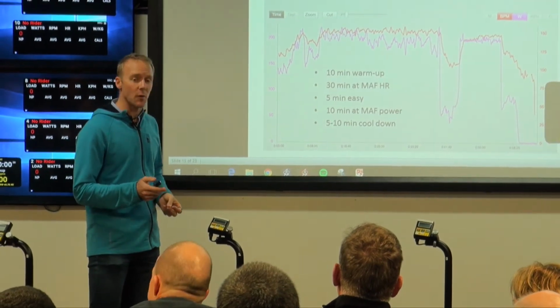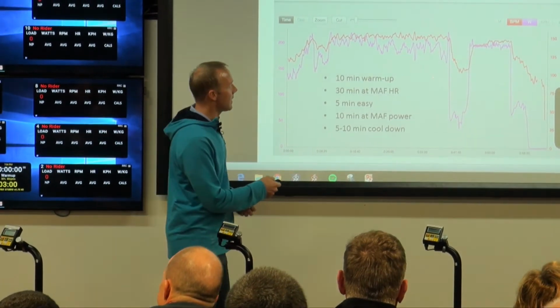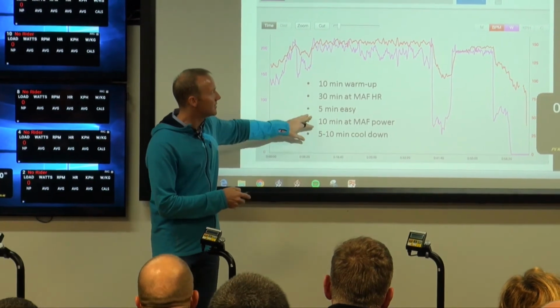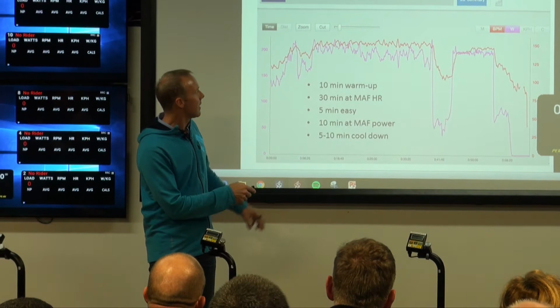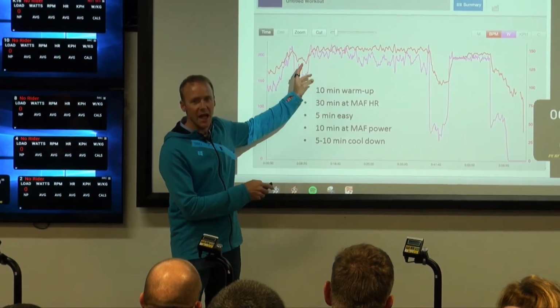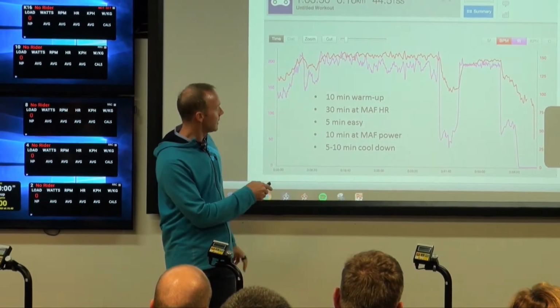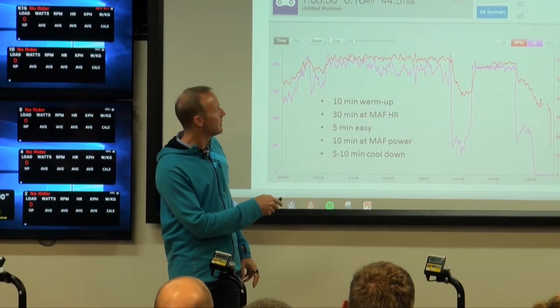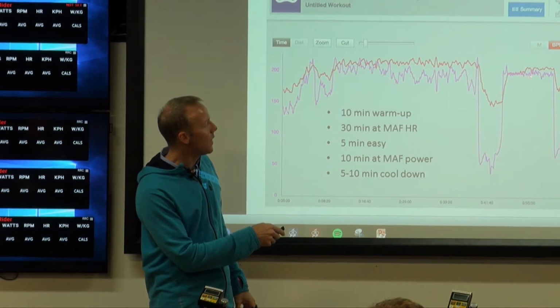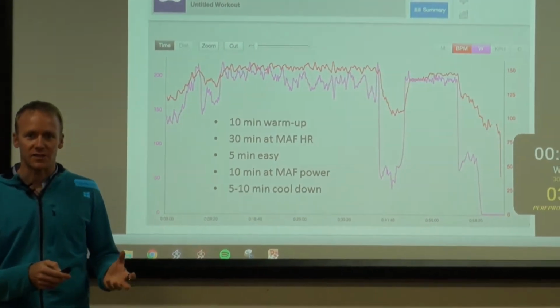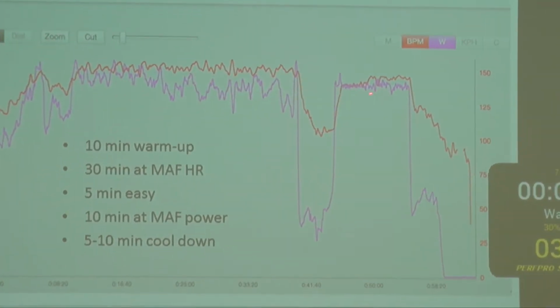And the other aspect of the test that's kind of interesting: after 5 minutes easy, I did a lap on my Garmin and found out I rode at 197 watts. Then I rode just at 197 watts for 10 more minutes to check it. What do we see?